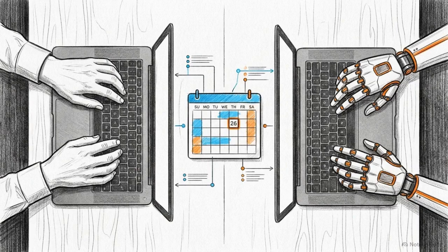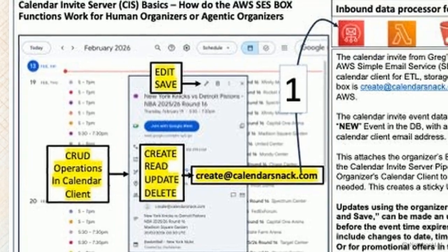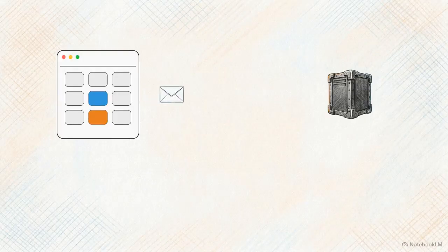The workflow begins with the organizer, whether a human or an AI agent, performing standard CRUD commands natively within their Google or Outlook client. Ingestion is triggered by a single action, adding a specific AWS SES email address to the event's guest list. Inviting this dedicated mailbox acts as the primary programmable trigger for the entire AWS backend. As the calendar client sends the invite, the raw email hits the SES inbox, serving as the source of truth